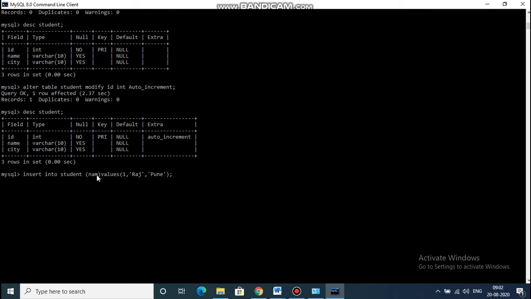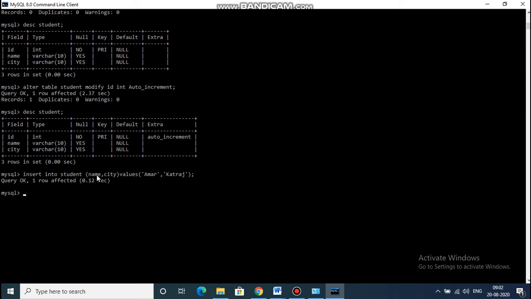Now I will just put name comma city, because ID is auto incremented, so no need to provide the ID again and again while inserting the data. Amar, the second name I have provided. The city name is Katraj. Okay, the second row is also automatically inserted.